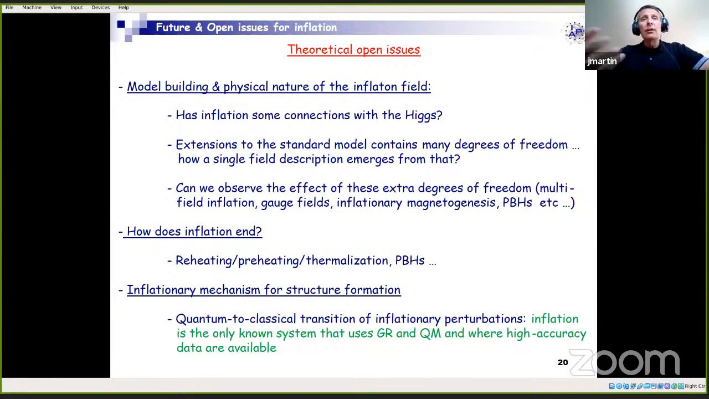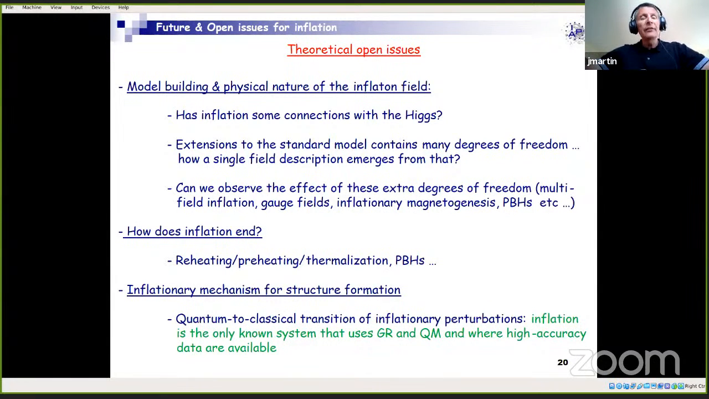And a corollary to this question is: if this is true, that many degrees of freedom are probably at play in the early universe, can we observe the effect of these extra degrees of freedom, for instance, by trying to probe more precisely the early universe? By extra degrees of freedom, here I mean models beyond vanilla inflationary models, such as multi-field inflation. We can think also about the role of the gauge fields during inflation and so on. So this is a first group of very important questions